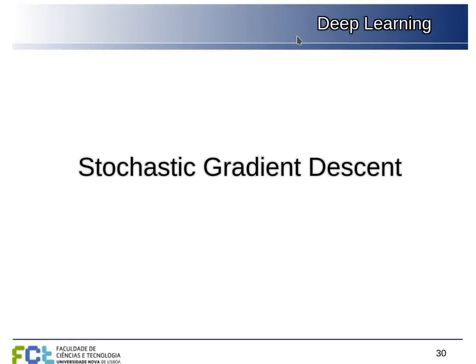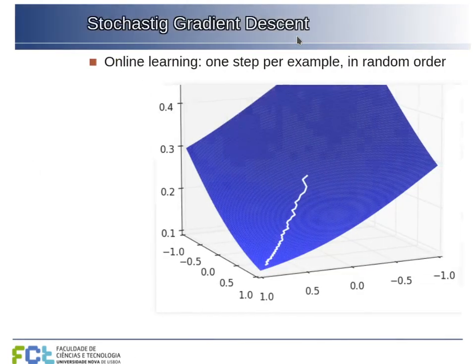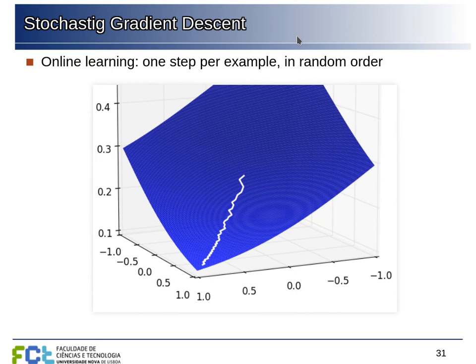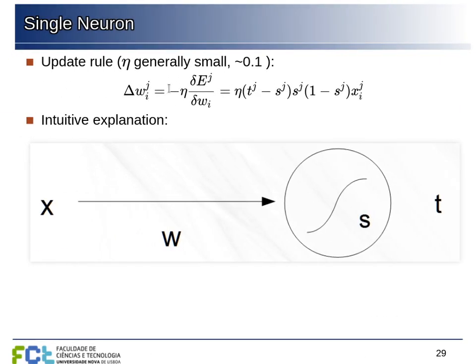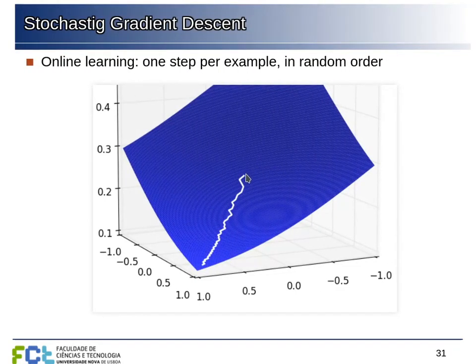Okay, so this is for one neuron, and now we can train the neuron in this way, and neural networks are trained using stochastic gradient descent. This should be a C, not a G. That's a typo there. So the idea here is that when we present one example, we can compute the derivative with respect to each individual weight in our neuron for that particular example J, and this gives us a direction where we can go to slide down the surface of the error.